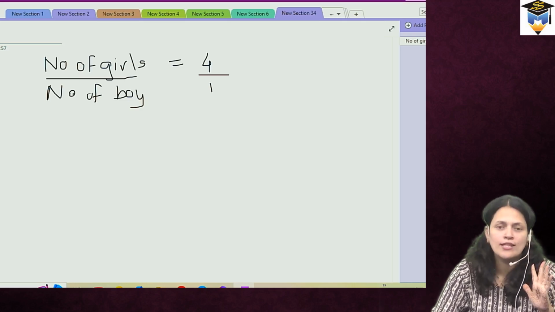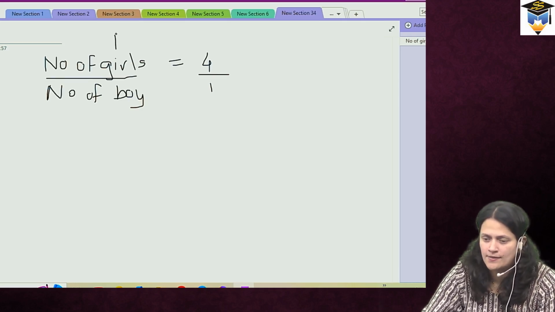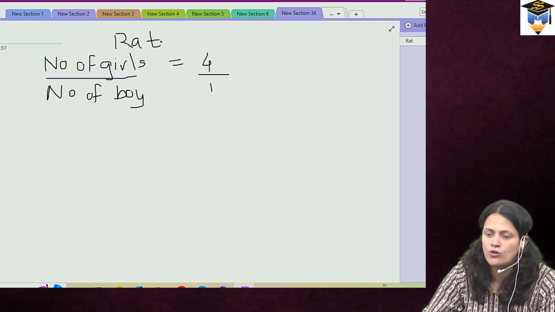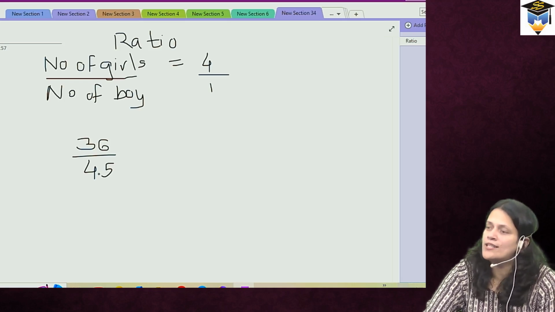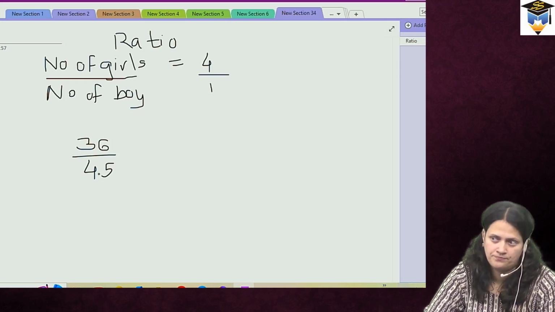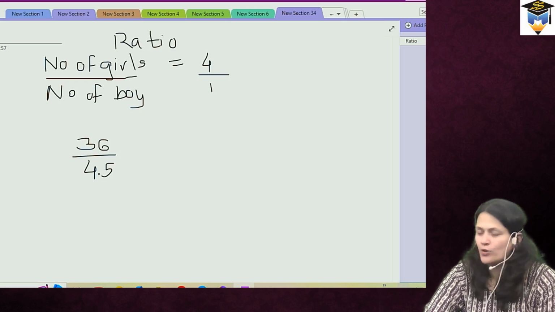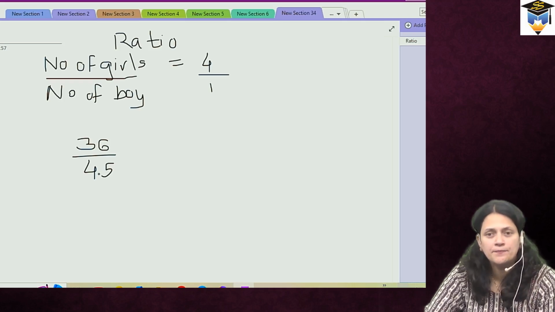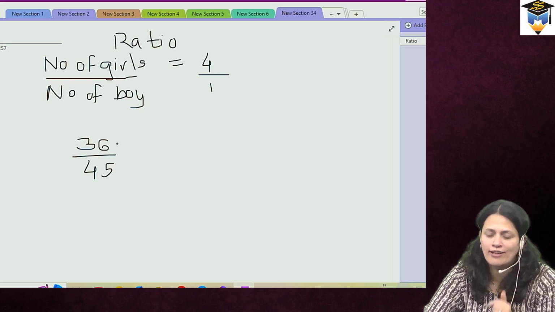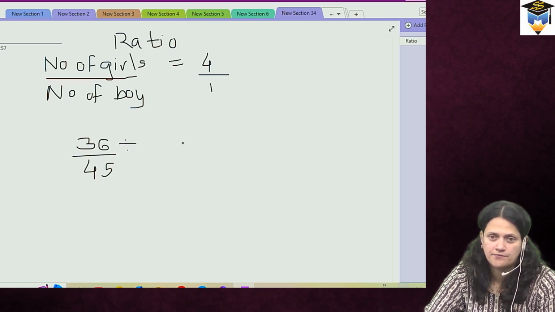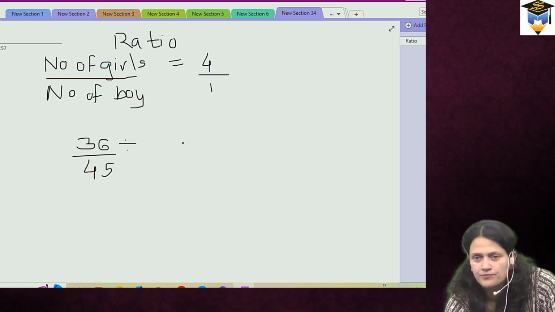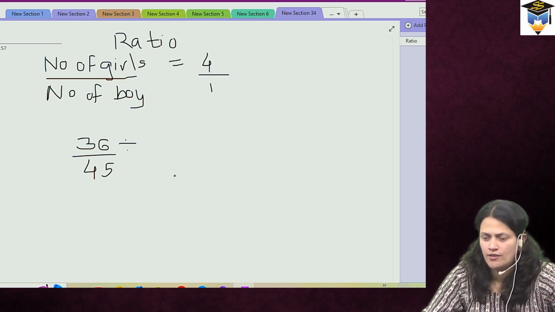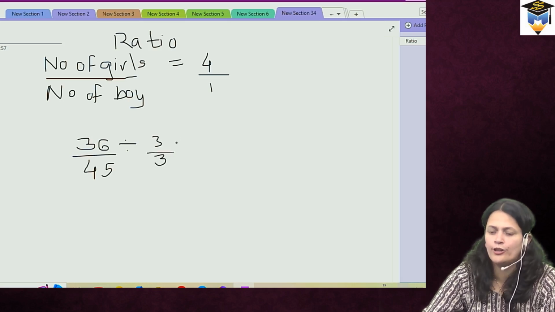Now suppose I give you an example of ratio, as we have got a ratio 36:45. This is our ratio. And we have to convert this ratio to the lowest form. Always, in case of fractions, we convert it to the lowest form. So how do we do that? Divide by which number? Can you tell me? Not 3? So 3/3, which is going to be